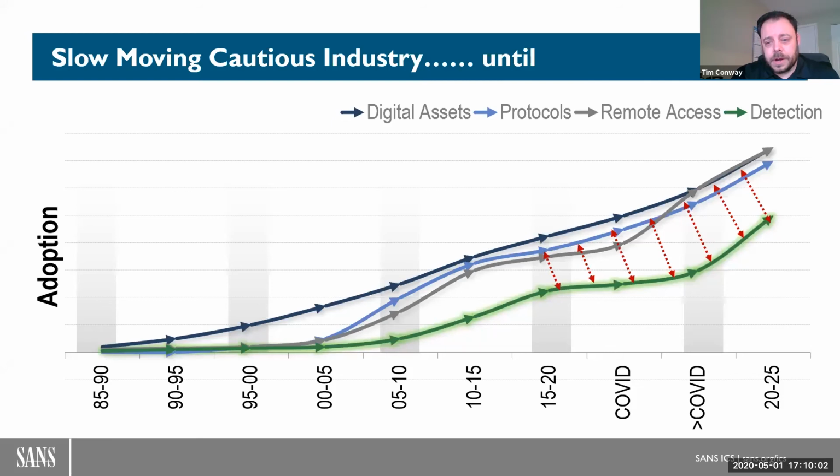And because of that strong movement rapidly, we need to start seeing that rapid trend line for detection also going up. I don't know that this trend line in gray for remote access is going to dip down once people start returning back to work and the global pandemic heightened levels of crisis start to reduce. I don't know that you're going to see this shock back to the way it was pre-COVID. And if that is an accurate assumption, then we need to see the same rapid growth and adoption of detection capabilities as well to meet it.